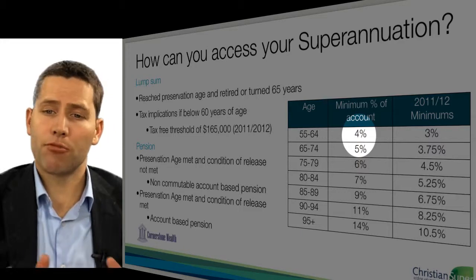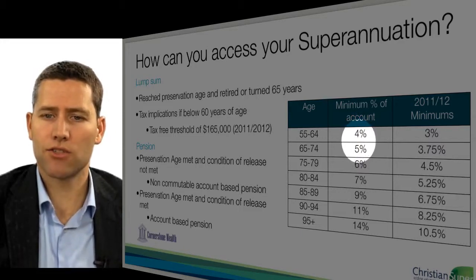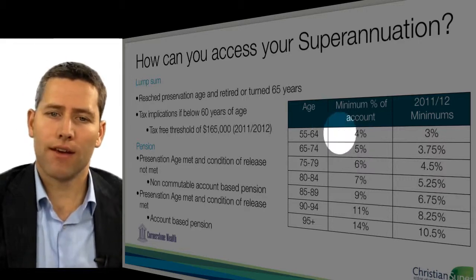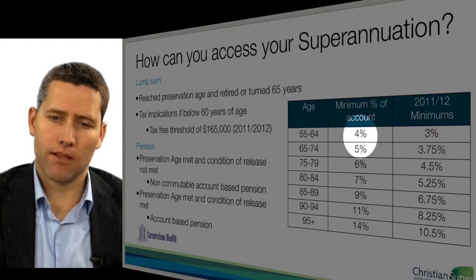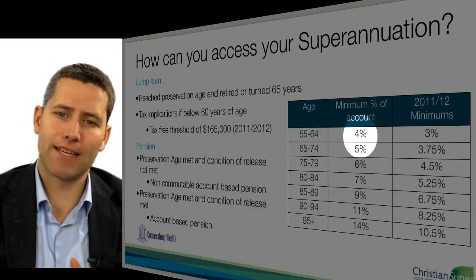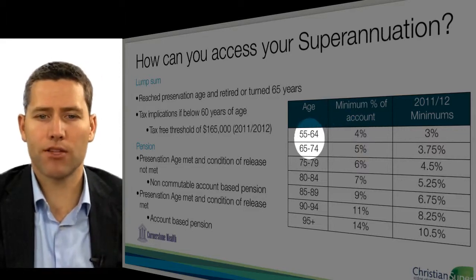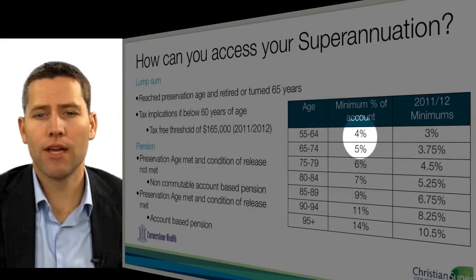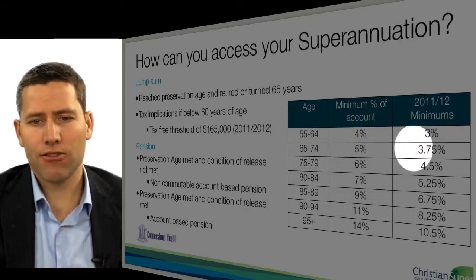Now, for the previous few years, those minimum amounts have been halved. For someone between 55 and 64, they've been 2%. Now, this financial year, they're scaling that discount back to be, rather than half, 3/4 of the standard amount. So for someone between 55 and 64, rather than being 4% of the balance, it's 3% of the balance. And you can see here on this chart,